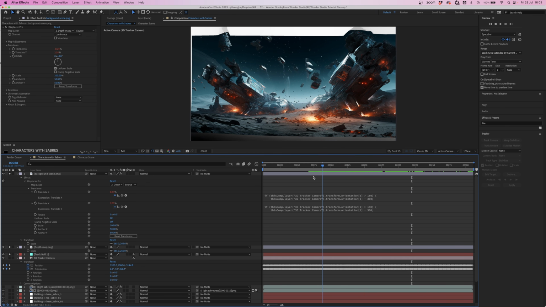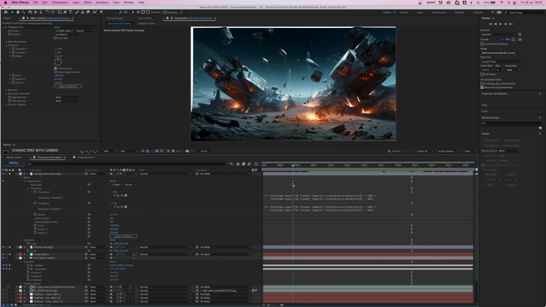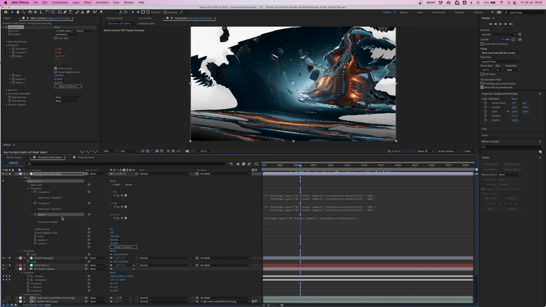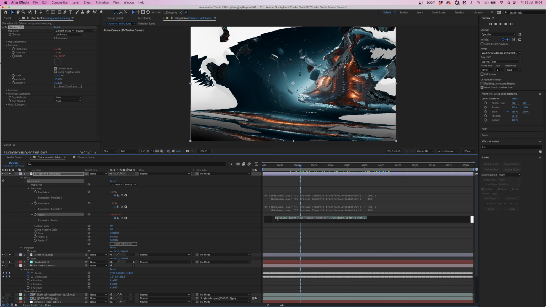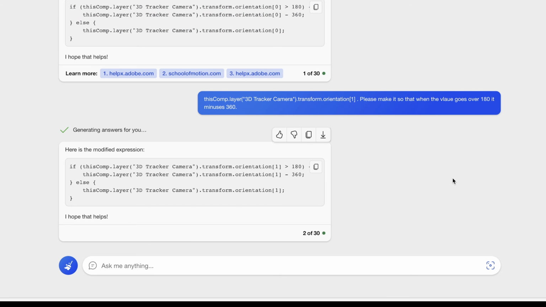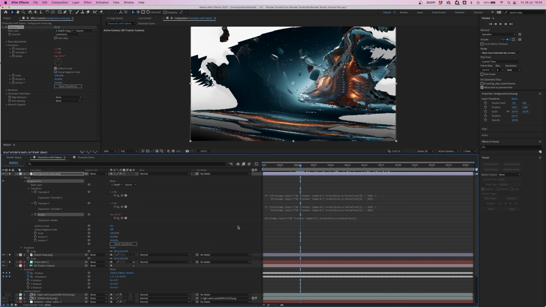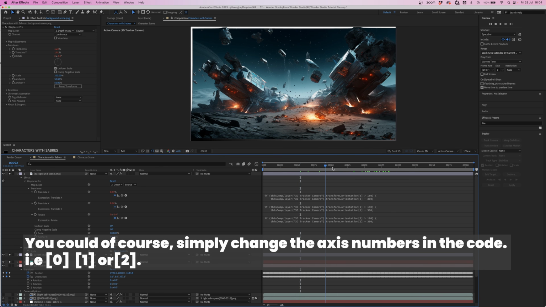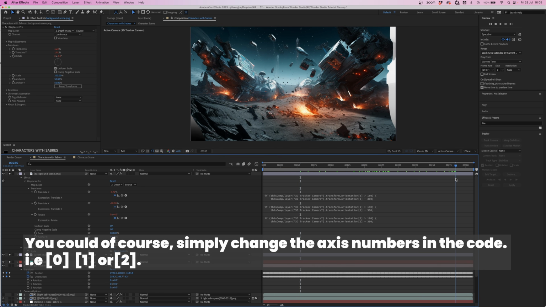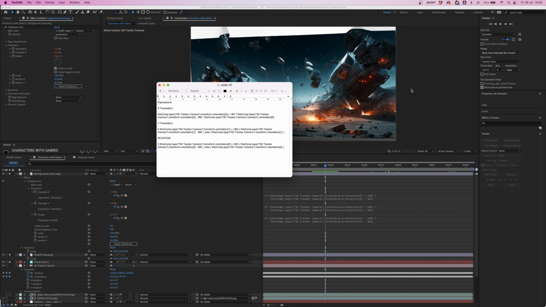Now when we move through the scene, the X and Y move as we need to. We can then also link up the rotate value of the effect, so we can pick whip that and choose the Z orientation. So again, we're going to drop this down, grab that code, copy that, hop over to ChatGPT on Bing, and we get the code for that. Jump back into After Effects, paste that in there, and now when we move around the scene, it distorts and tracks with our camera. And whilst I recommend that approach, and you can chat with GPT yourself, I will include the expressions I've got here in the description for this video as well.